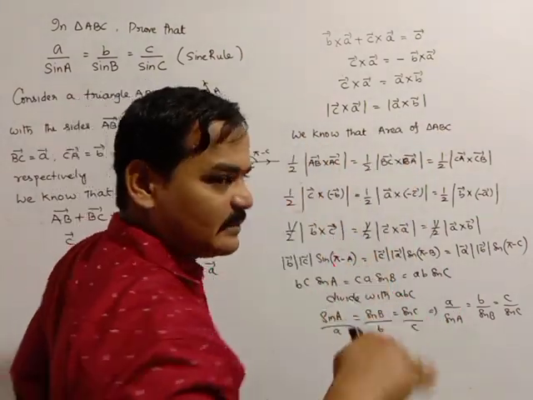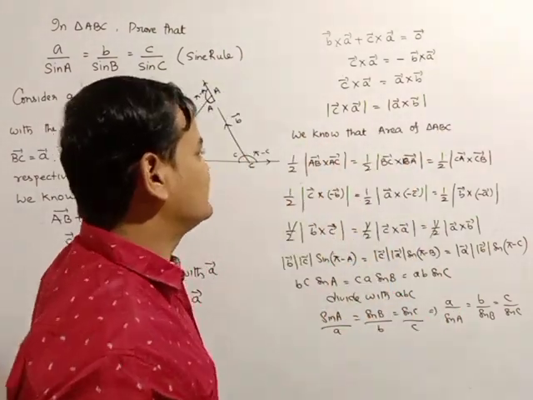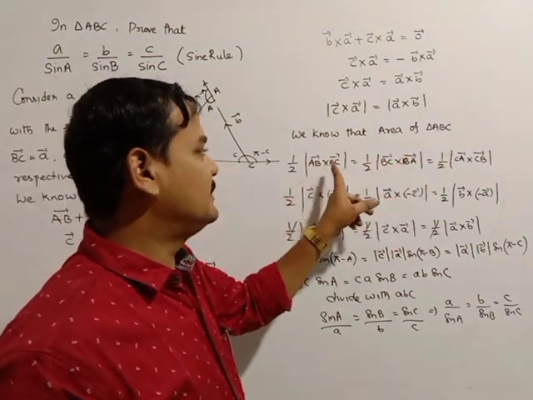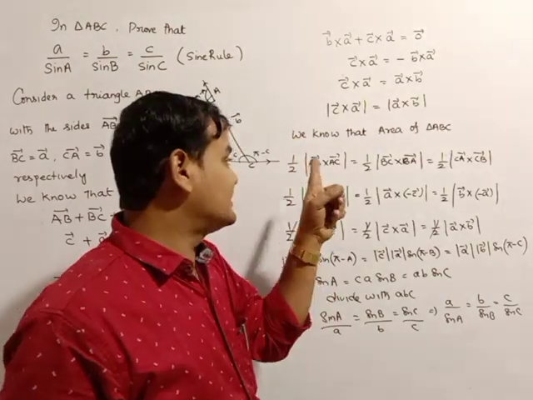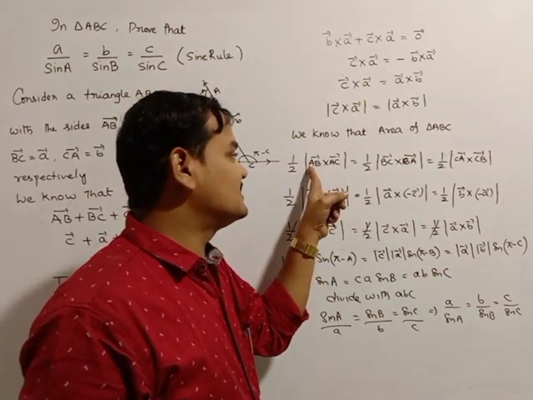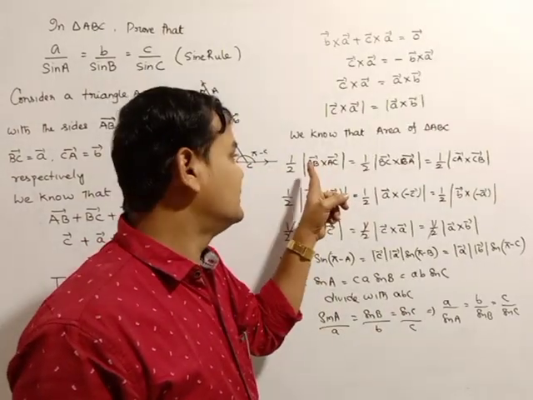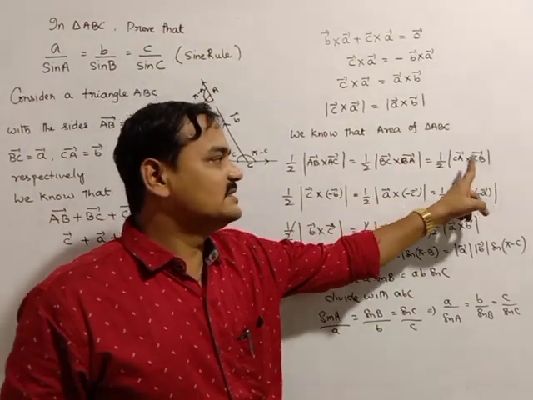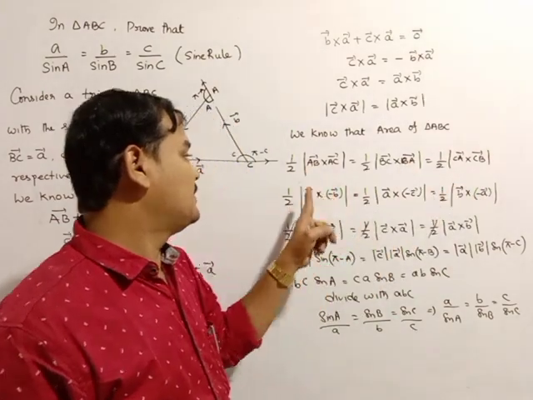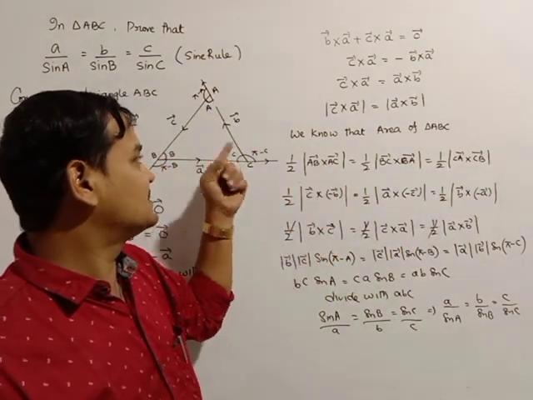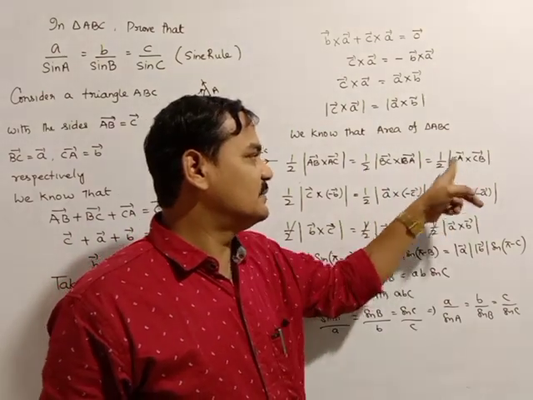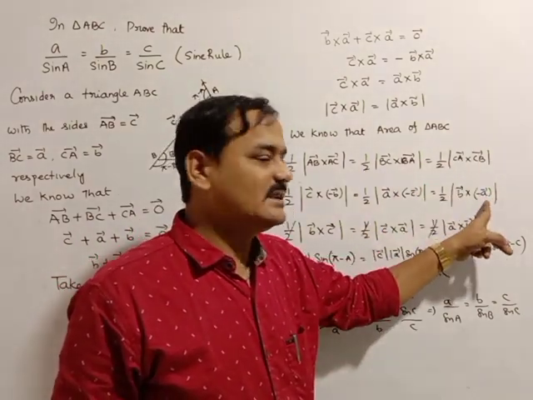Here we come to the concept. In any triangle, earlier in cross product I said that the sides or vertices are given, the triangle is ABC. If you start with a vertex, you must complete with that vertex only. So AB bar cross AC bar, BC bar cross BA bar, CA bar cross CB bar. AB bar means c bar. AC bar is the reverse of that, so minus b bar. BC bar means a bar, and it is minus c bar. CA bar means b bar, and it is minus a bar.